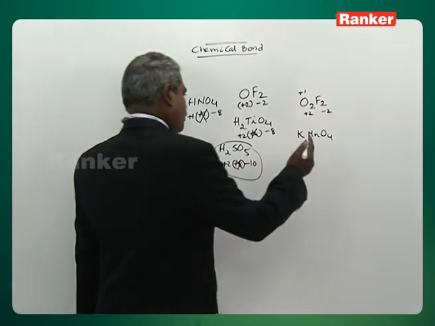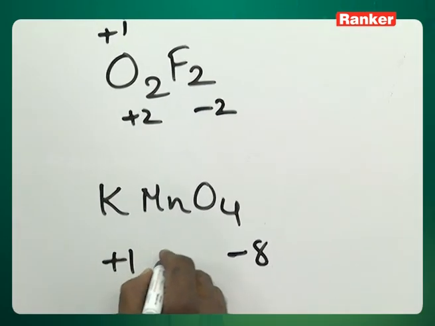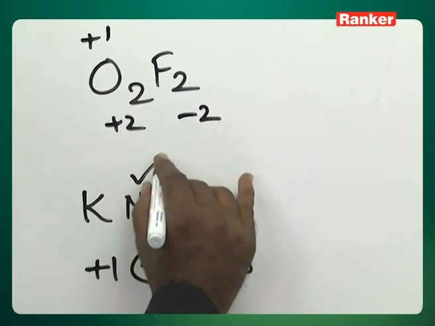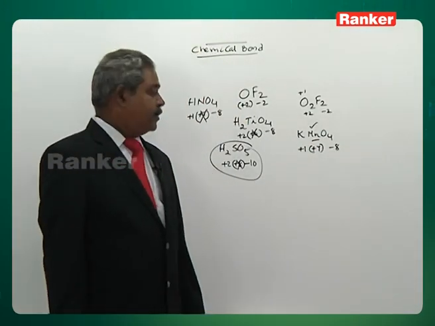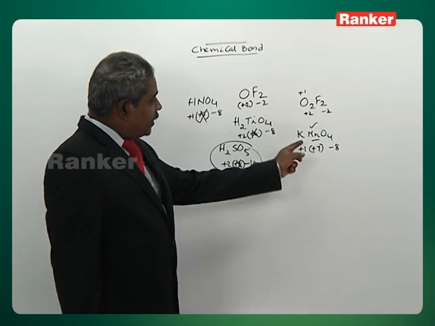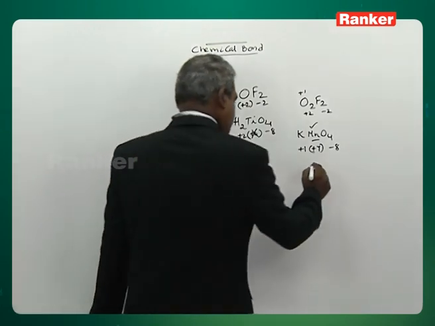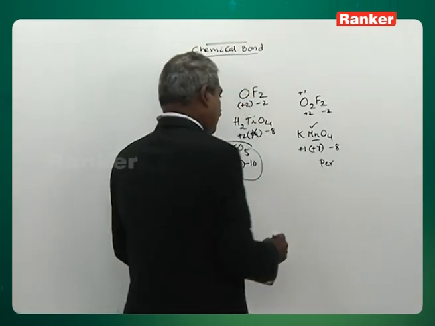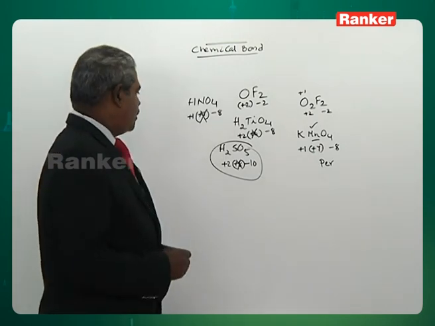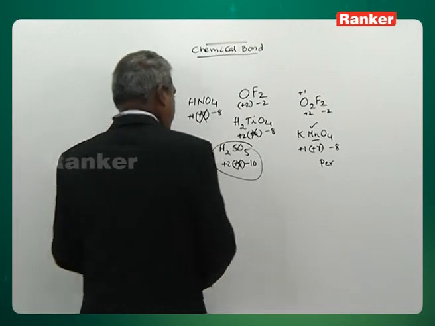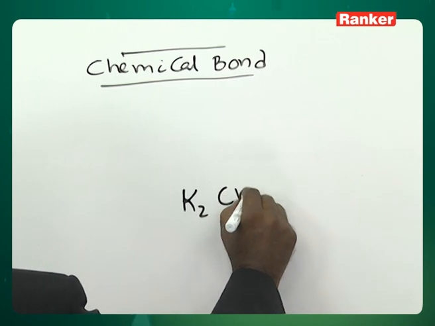So, in some molecules the sound per will be there, but they need not be peroxy. For example, you have KMnO4: minus 8, potassium fixed plus 1, manganese plus 7. For manganese plus 7 there is no problem, manganese can take as high as plus 7. Therefore, this is potassium permanganate. So, there is a sound per in this, but it does not have a peroxy bond. Actually, here per means too many oxygens. Per here stands for too many. K2Cr2O7,